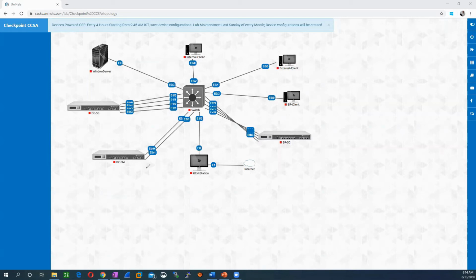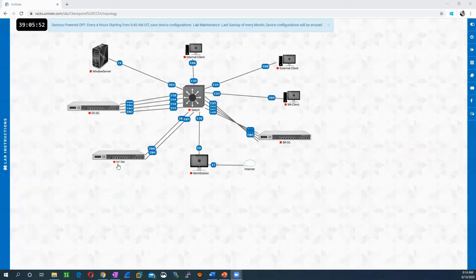So let me power on the device, and if you want to remove the previous configuration, it's very easy. You just right click on the device and just erase. All the configuration which you did gets erased, and the device will come back to default settings. Okay, so all the previous configuration has been removed. Now let me power on the devices one by one.